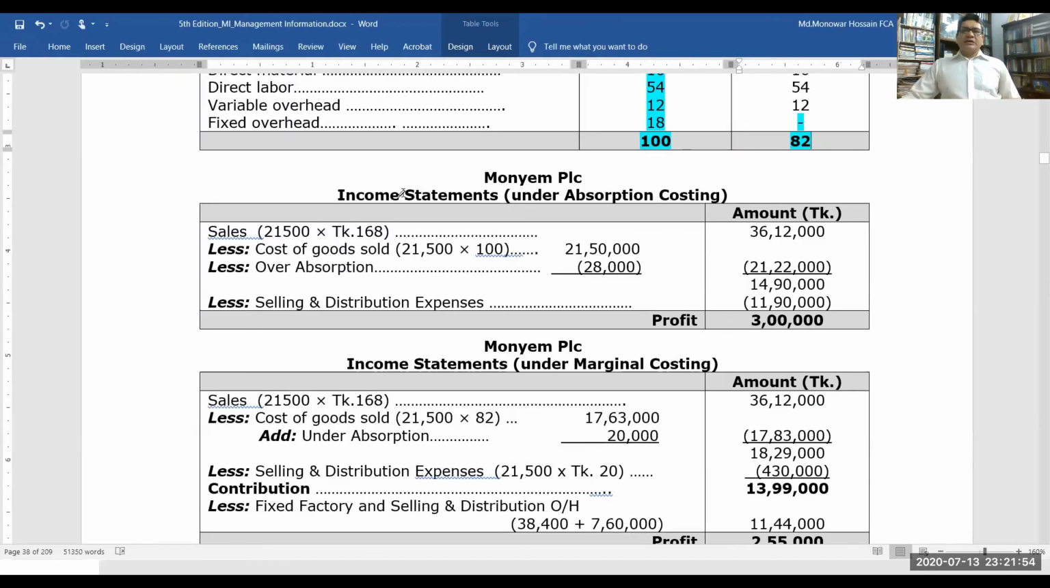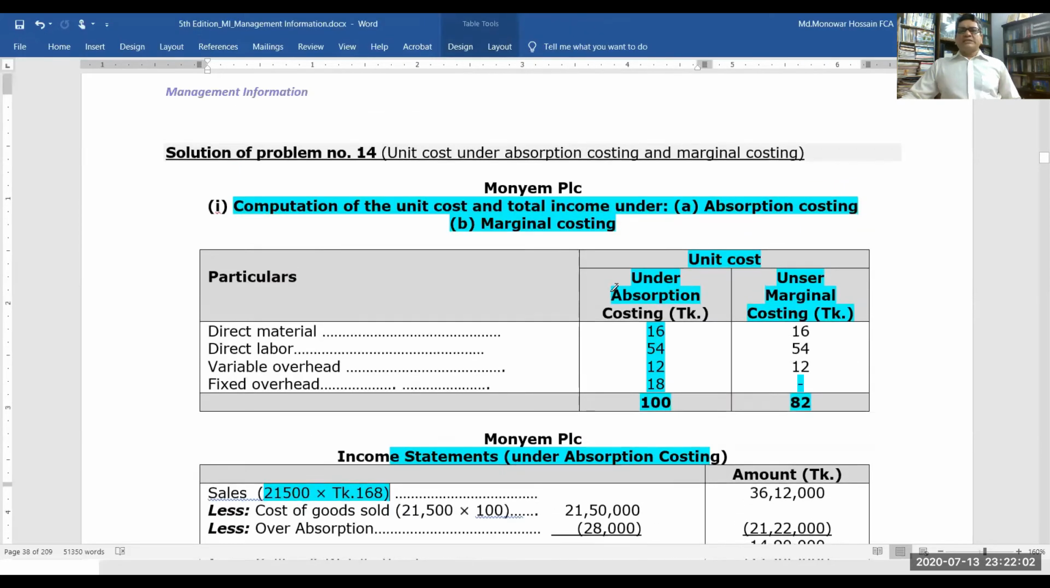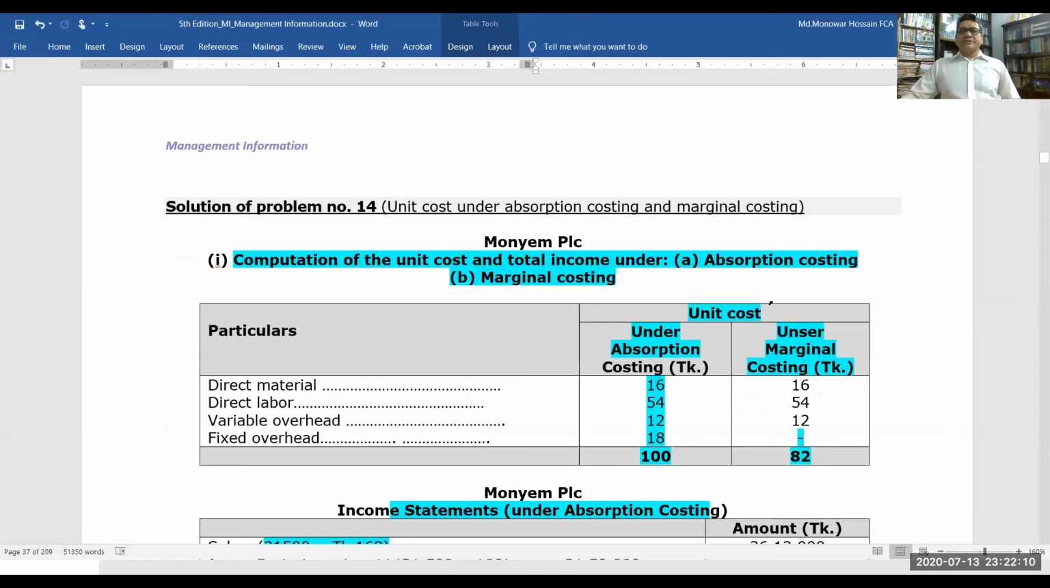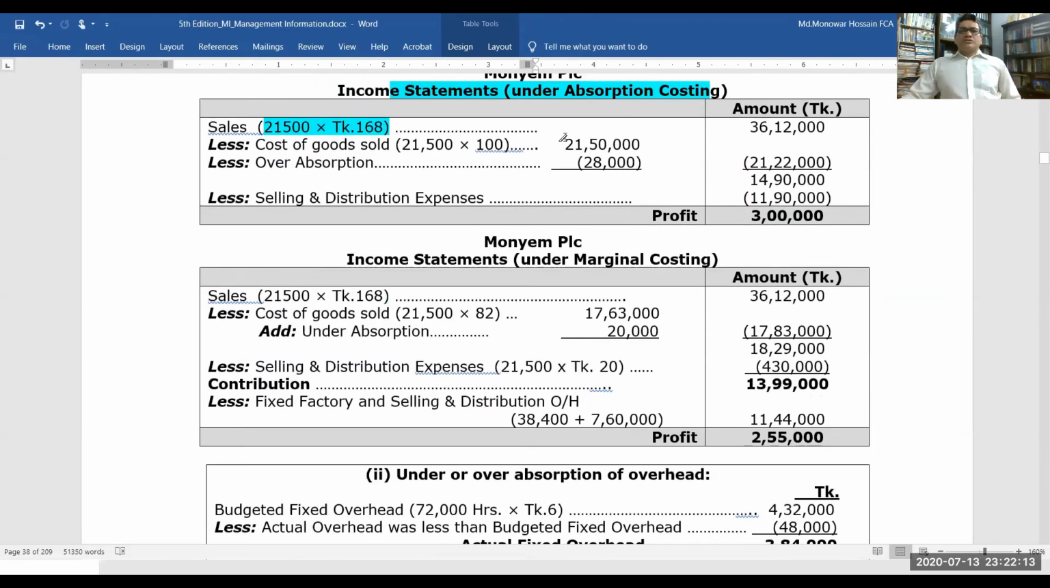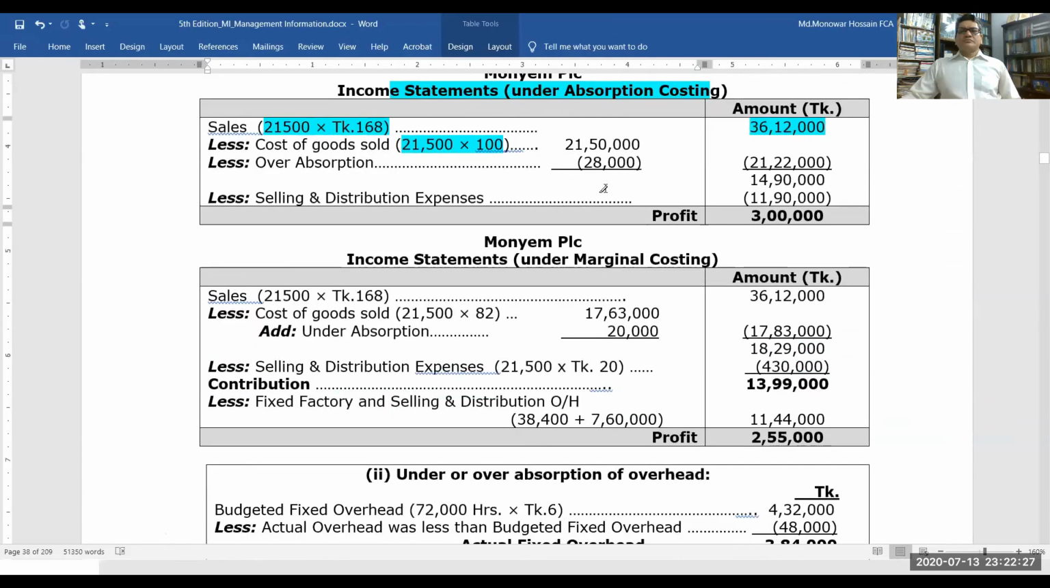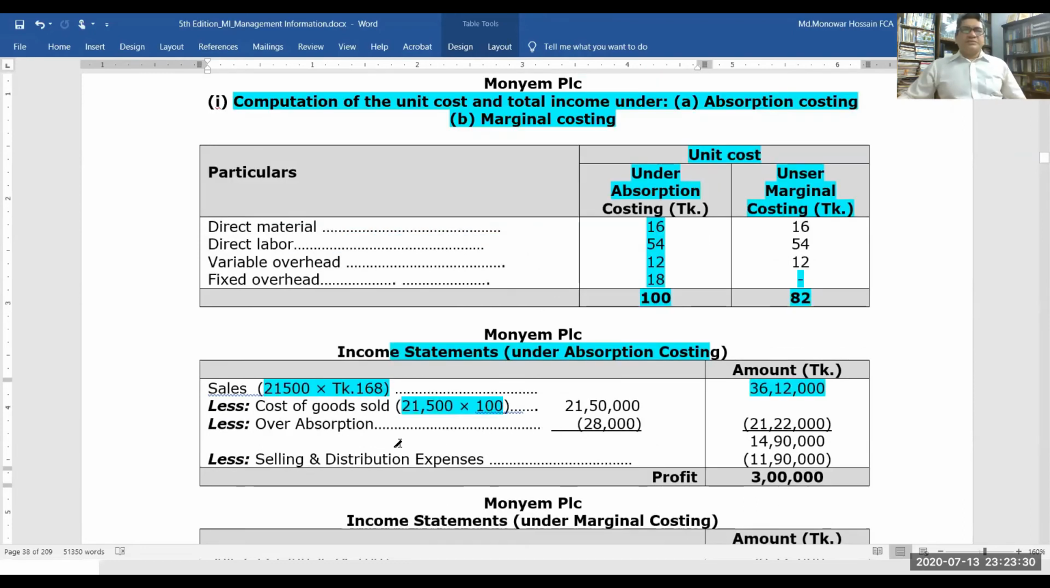Income statement under absorption costing, look here, sell 21,500 unit, 168 taka selling price. Look here, this one, 168 taka. So 21,500 units, 36 lakh 12. Cost of goods sold 21,500, 100 taka. It's the cost of goods sold. This one 100. And less over absorbed, over absorption